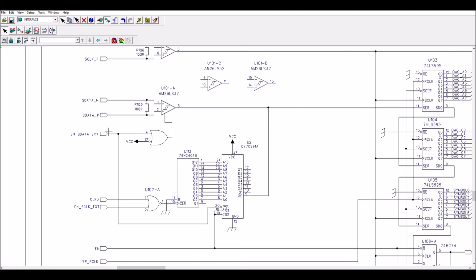When this signal is at high level, the external signal, I call X here to indicate that the data comes from external, permits to select the external data. Otherwise, the data come from this PROM here.